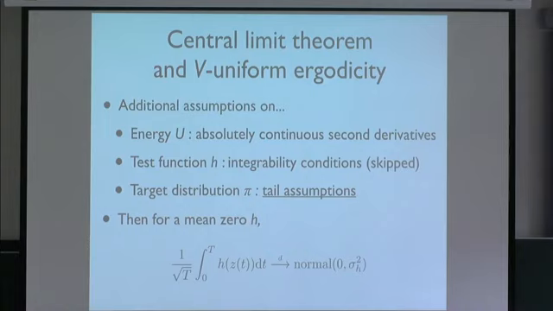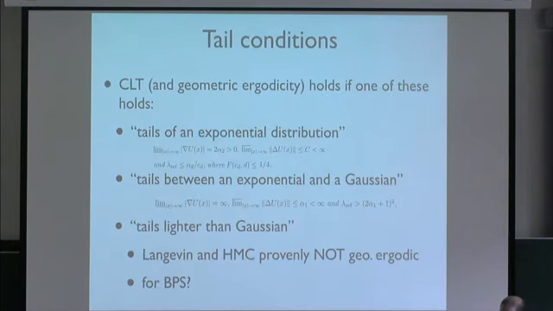Essentially, we found, as in other cases like Langevin or HMC, that one of the key things to look at is the tail assumptions of the target distribution. There are several regimes of interest. If the tails are like an exponential distribution, or between an exponential and a Gaussian, then under reasonable conditions we have